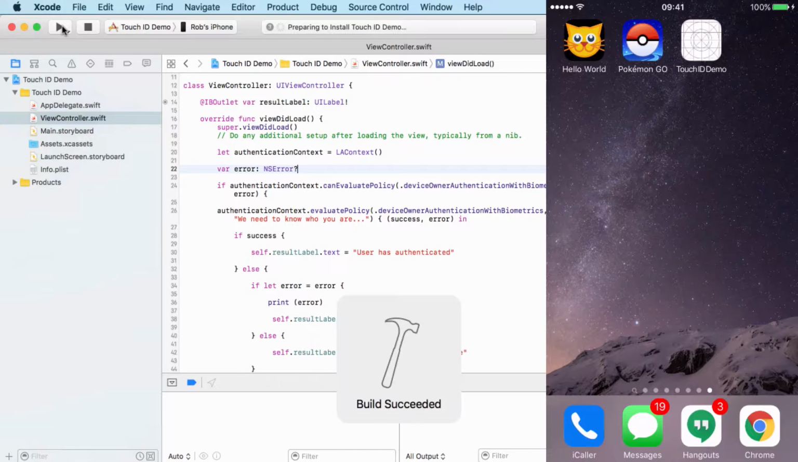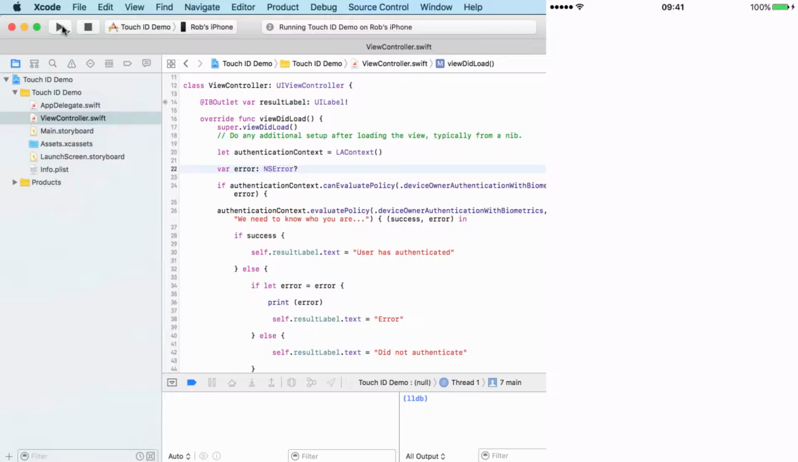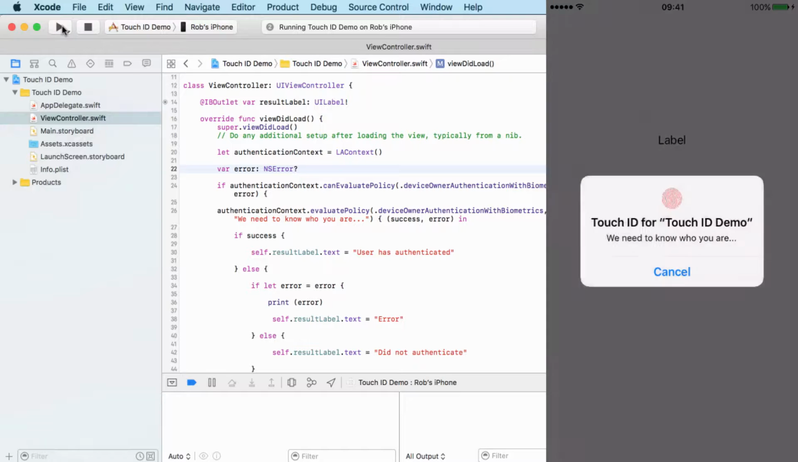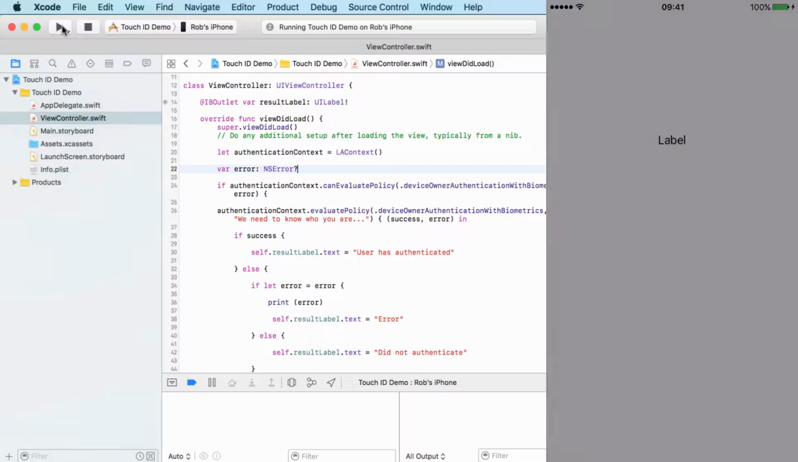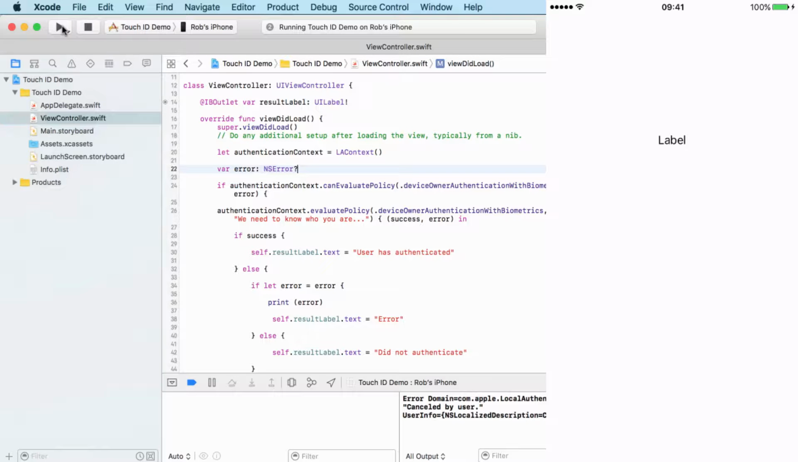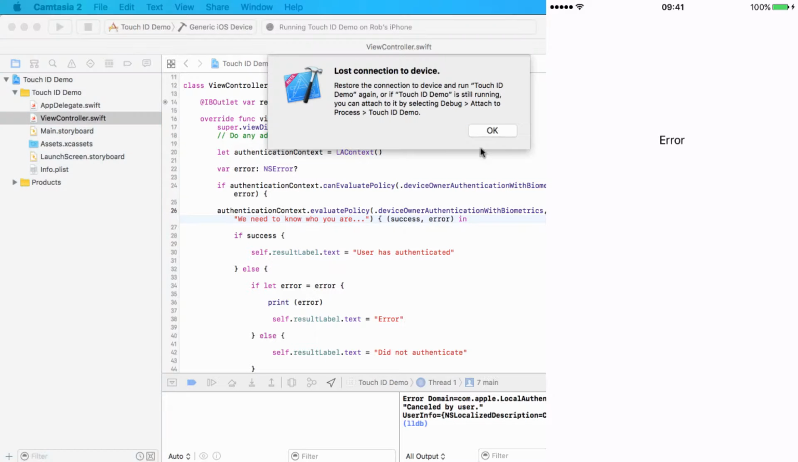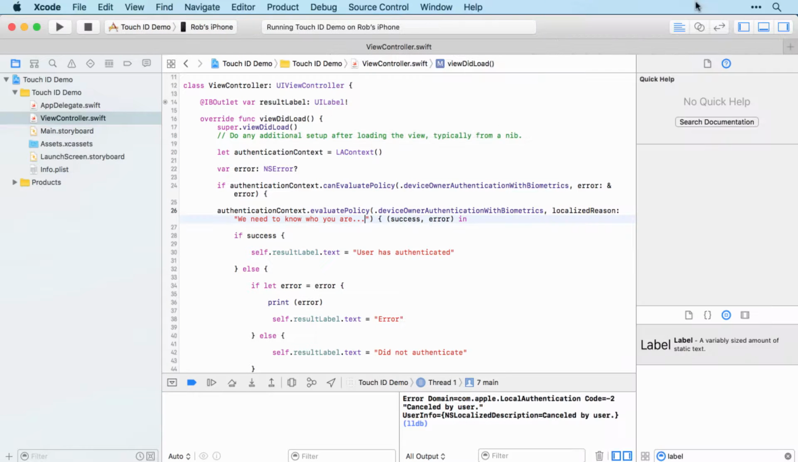So if I run the app again, and this time I press cancel, then the label will update with error. And there we go. So we've got Touch ID up and running on our device, and that's great for